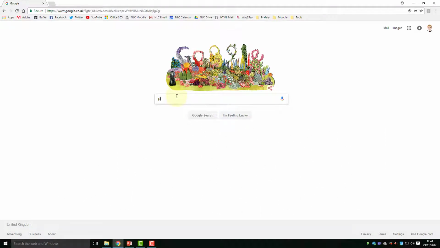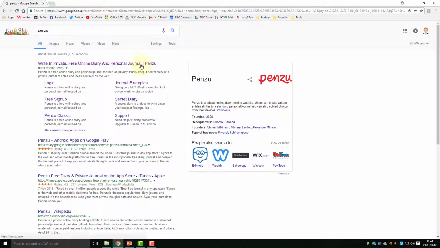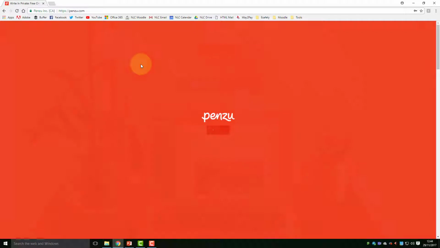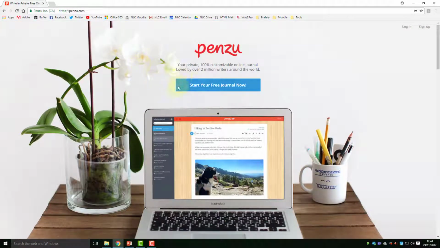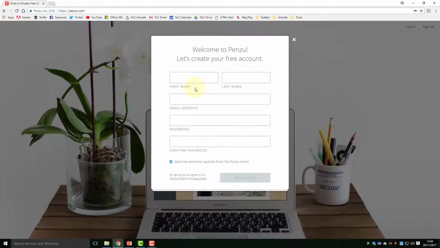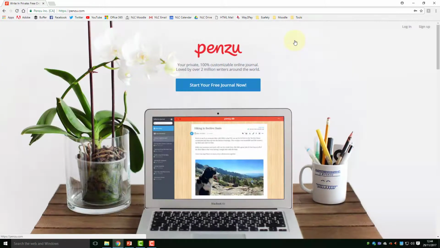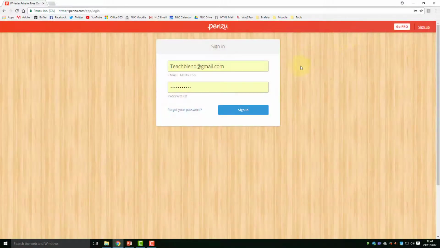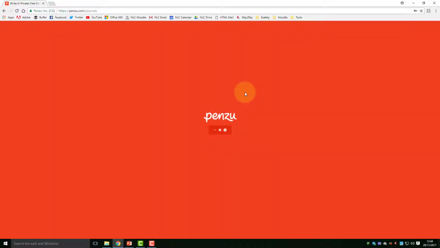So the first thing we need to do is access Penzu. You can either do this by directly writing this in your web browser or googling Penzu. Once you've accessed Penzu, what you need to do is register on the site. You'll then be able to log in directly. As you can see, I've already created an account, so I'm just going to sign in using the account that